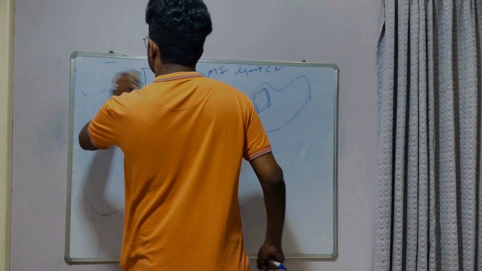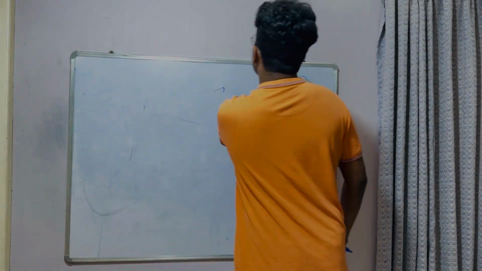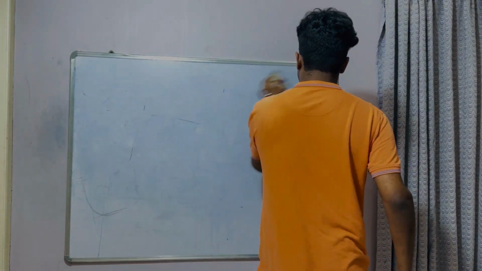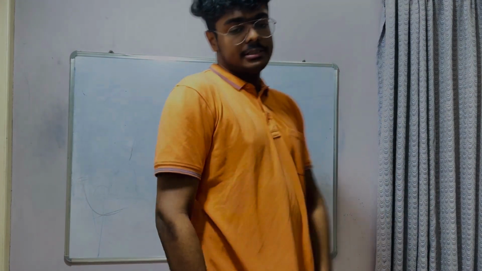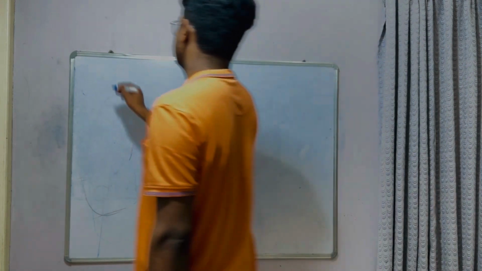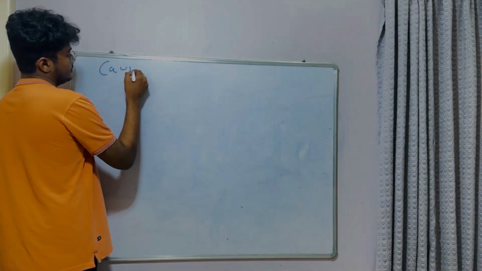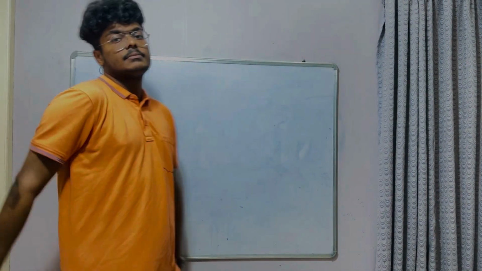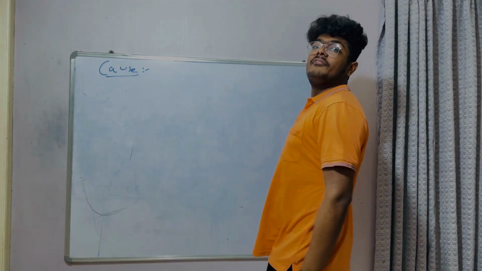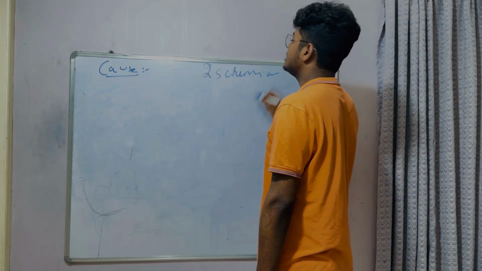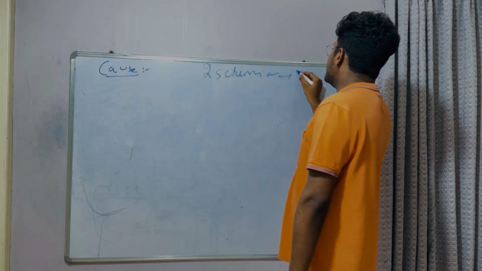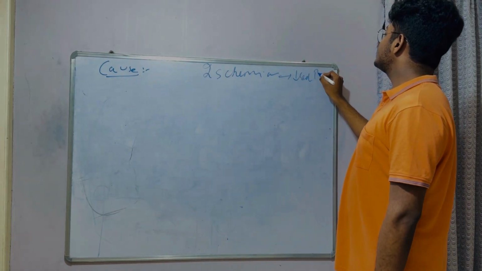Now, it occurs in most of the solid organs. Okay, children, it occurs in most of the solid organs. What is the main cause? The main cause of this is ischemia. What is ischemia, children? It is decreased blood supply.